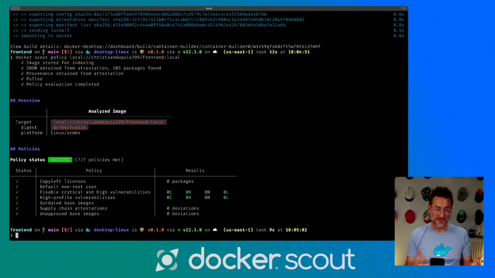There we have it. This looks very, very green. This is exactly what I wanted to show you. Using Docker Scout locally, without pushing anything into an expensive CI pipeline, you get immediate feedback on how to address security vulnerabilities. But now let's take it a step further and actually attempt to